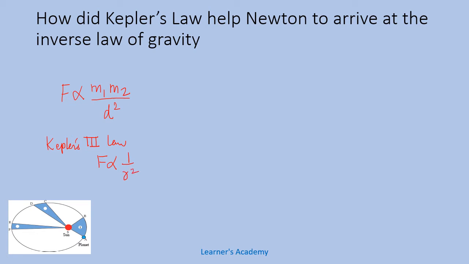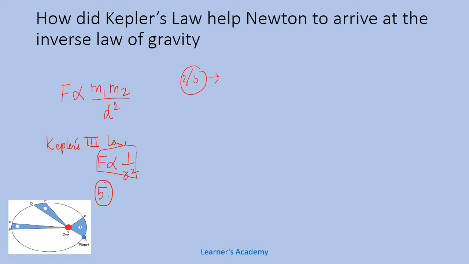Now if this question is asked for 5 marks, then you have to show the derivation, how we arrived at this. Alright. Now if this question is asked for only 2 or 3 marks, then you have to just add that